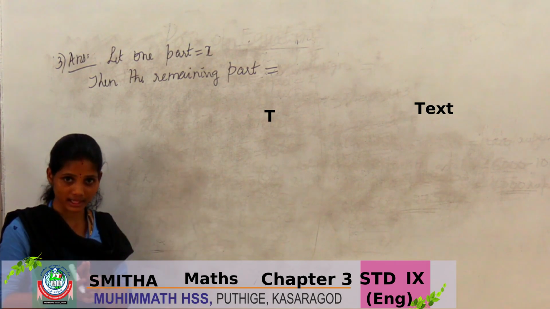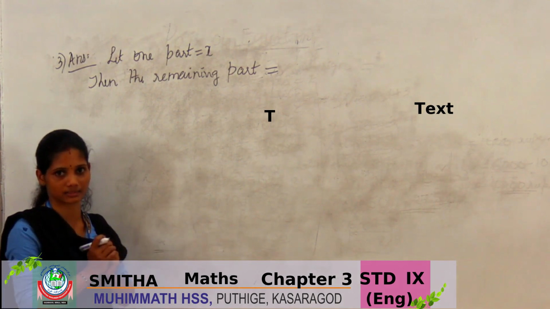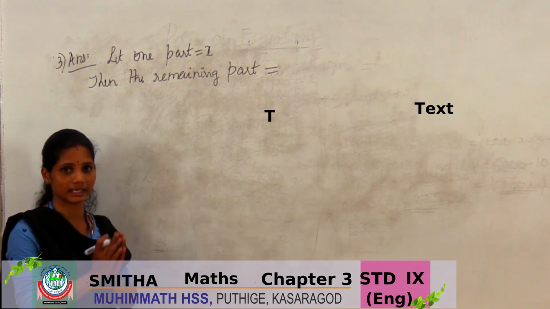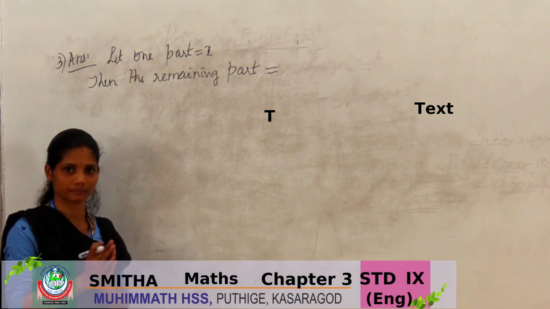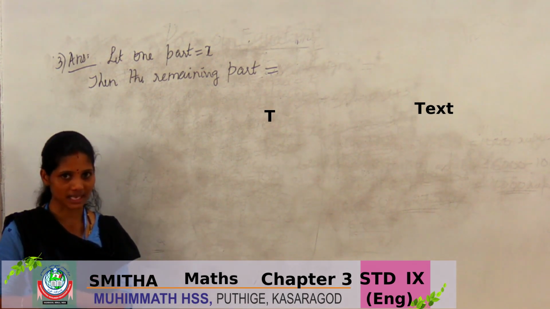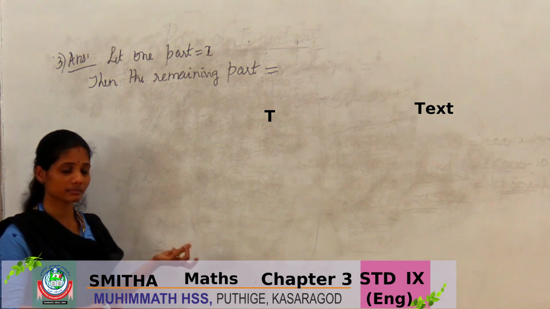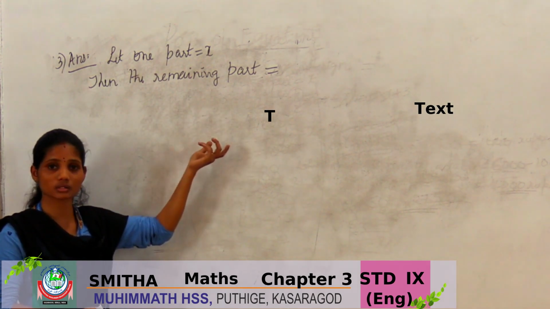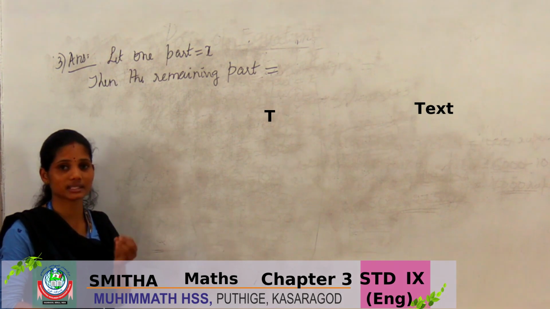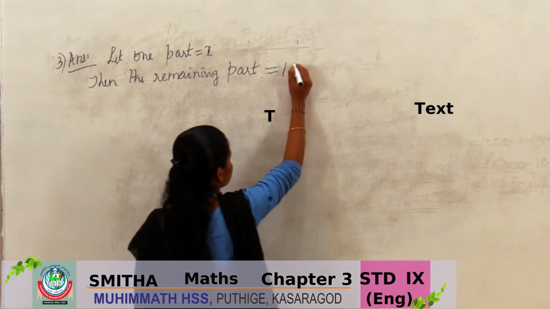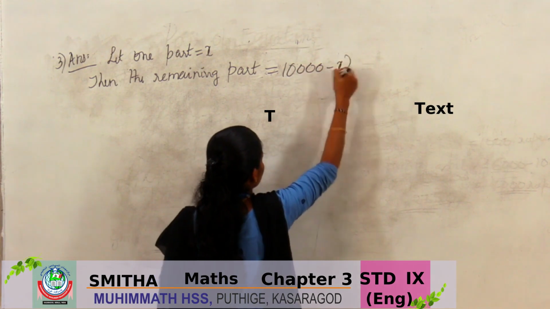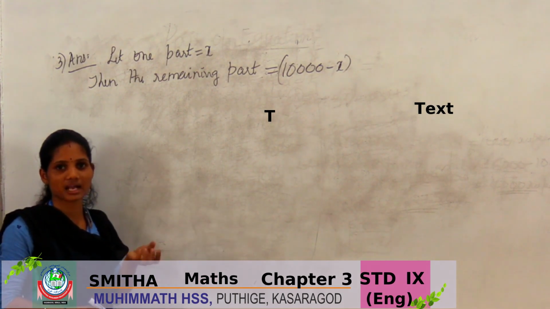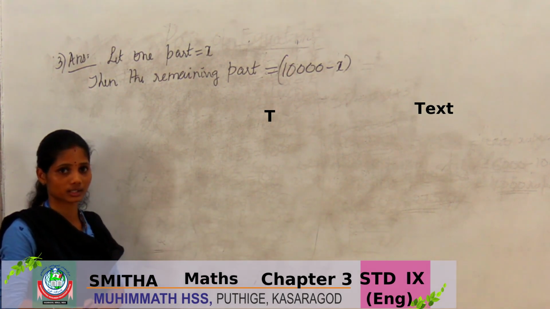Total invested is 10,000 rupees, in that one part is x. Since there are 10 chocolates, in that one part is 3, so the remaining is 10 minus 3, isn't it? The left number of chocolate is 7. Similarly here, let the one part be x, then the remaining part is 10,000 minus x, because the total amount invested is 10,000. And 875 is the amount of interest he got.